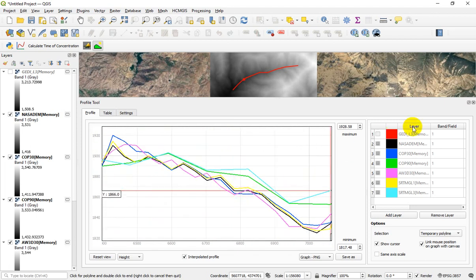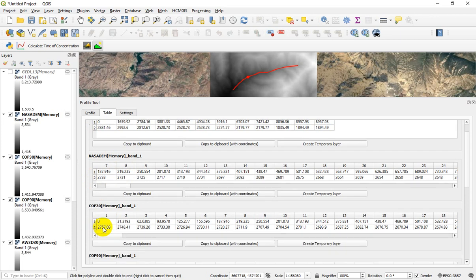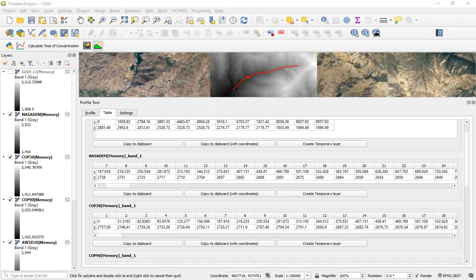Okay, and also you can go to the table and copy to clipboard all of these elevation station data sets and paste them in Excel or spreadsheet software. Each of these sections is related to a specific DEM source. For example, this part is related to NASA DEM, this is Copernicus, and you can easily copy to clipboard and select Excel.